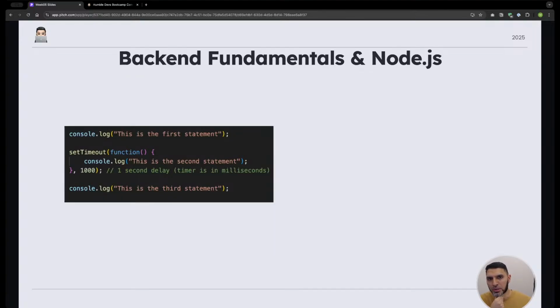And to maybe just solidify how that would work. So we've seen the console log, of course. So this just logs some information to the console. And we have here 3 console logs, where the first one is just a string. We're just saying, okay, this is a statement, right? For the second statement, we are setting a timer for 1 second, right? So we're saying, okay,